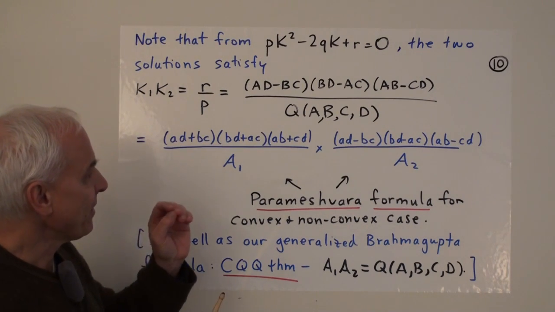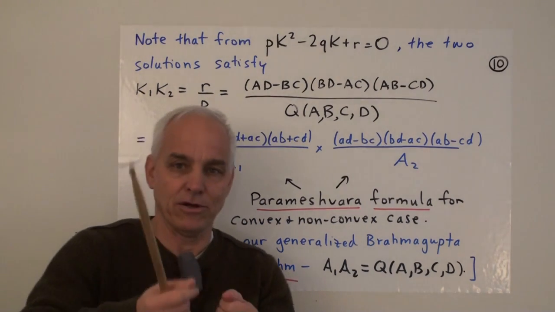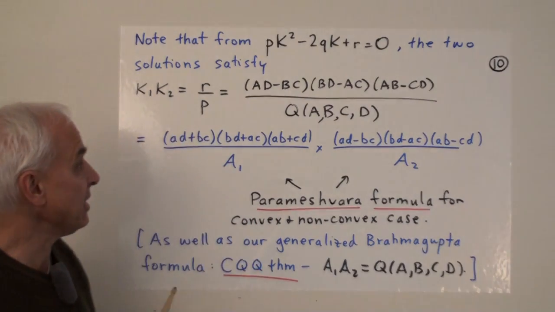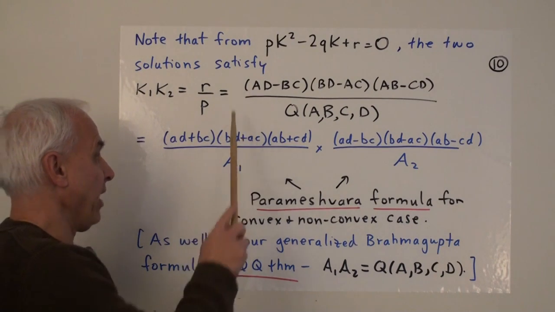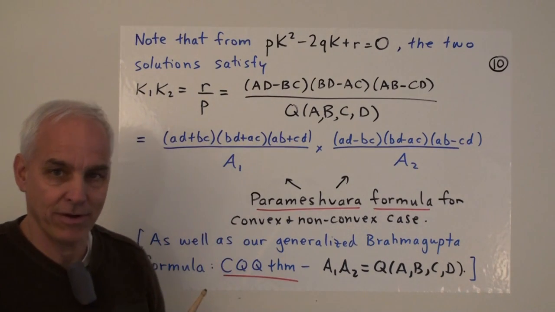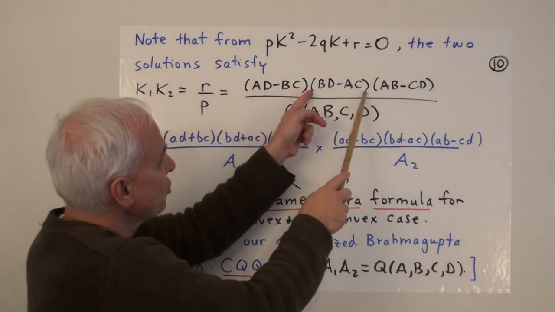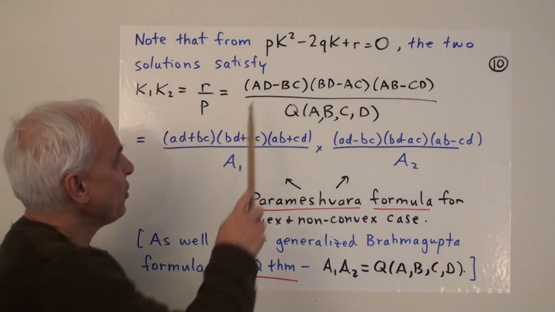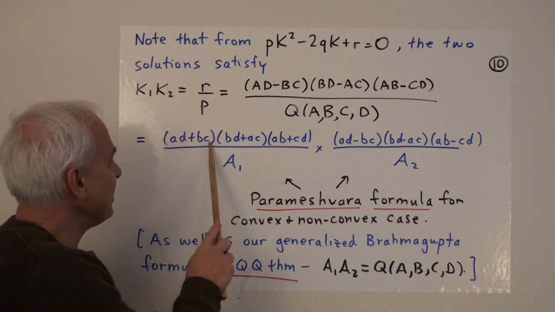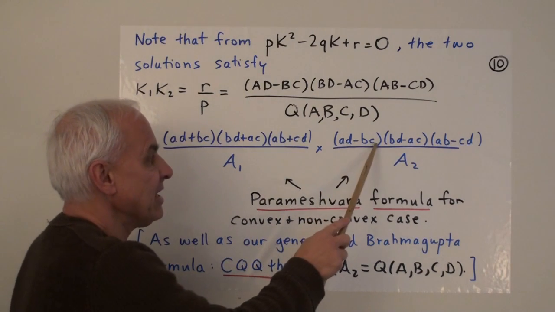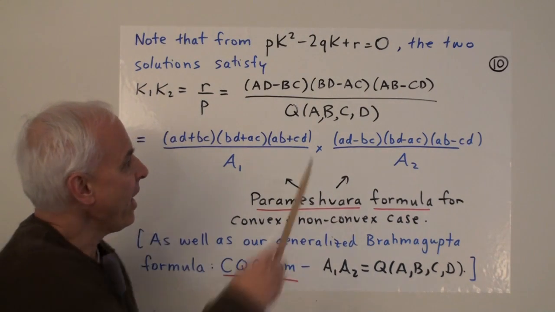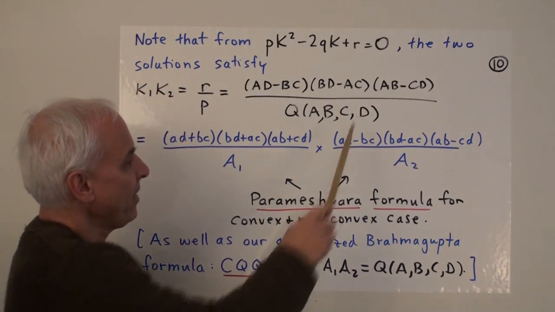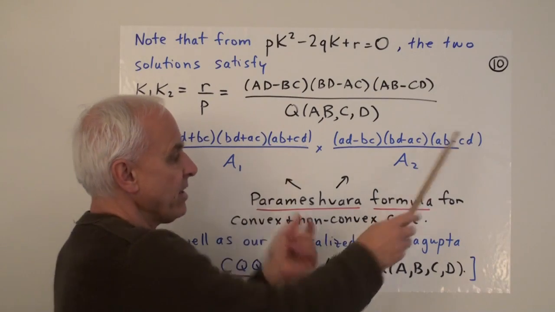Now suppose that our quadrances are actually squares of things. So suppose that we have some lengths around, say little a, b, c, and d, so that little a squared is capital A, little b squared is capital B, and so on. Then each of these terms in the numerator is going to be a difference of squares. So this thing here will actually be little ad plus bc times little ad minus bc. And similarly, this one here will be bd plus ac times bd minus ac, and this one ab plus cd, ab minus cd.